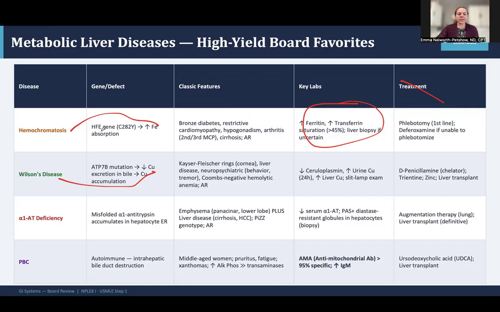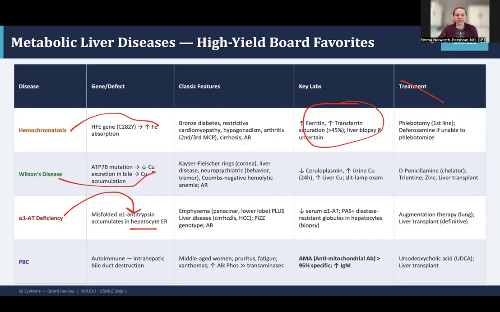and then alpha-1 antitrypsin deficiency. This is where you have a misfolded alpha-1 antitrypsin protein that accumulates in your hepatocytes in the endoplasmic reticulum. So a misfolding. This often gets tagged with ubiquitin for destruction. This can lead to a picture of an emphysema that's more lower lobe plus liver